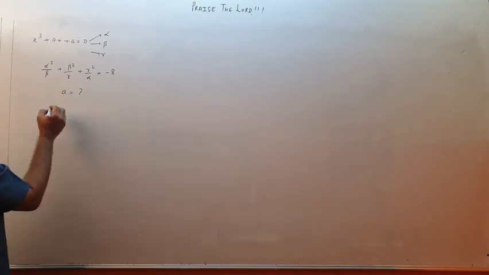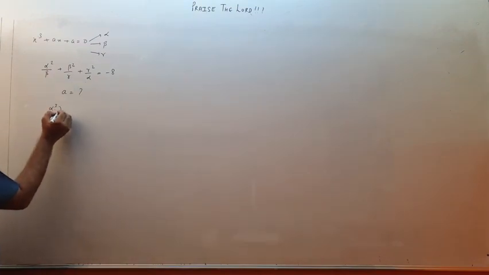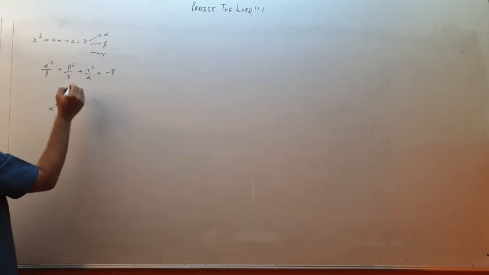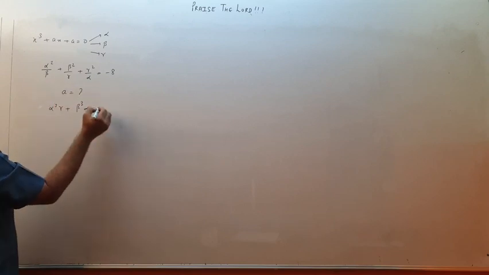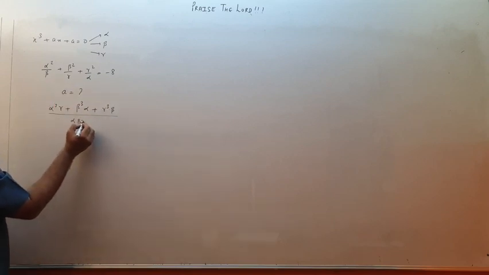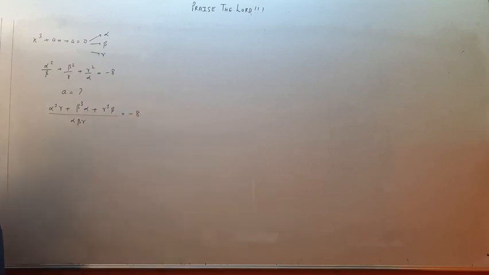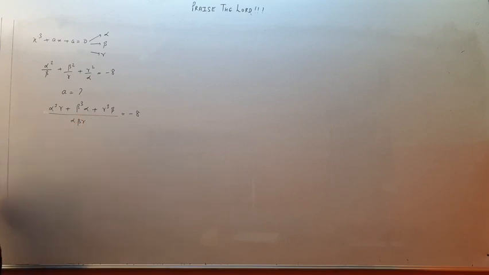See children, if I take LCM over here, this will be gamma alpha over here. So alpha cube gamma, and beta and alpha, this will become beta cube alpha, and beta and gamma, so gamma cube beta upon alpha beta gamma, that is equal to minus 8. Now to get the value of alpha cube gamma, beta cube alpha and gamma cube beta will be very tough. So we have to apply some trick, children.